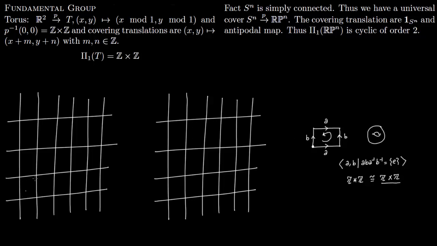So first focus on R2, and you consider a lattice in R2. So these are two copies of R2. You have a lattice in R2, and say this is the point (0,0), then this is the point (1,0), this is the point (1,1) right here, and this is the point (0,1). So everything here is an integer lattice. So this square or rectangle is the same as this rectangle. To make it more precise, you add arrows to it,